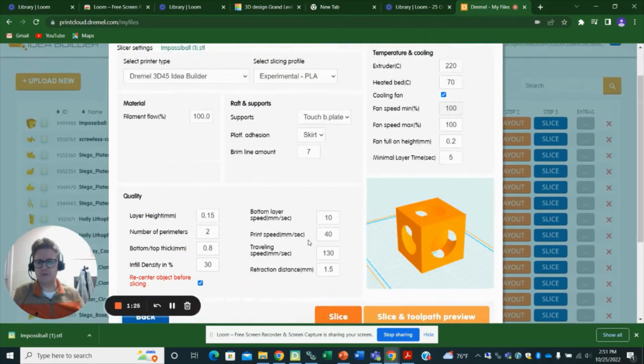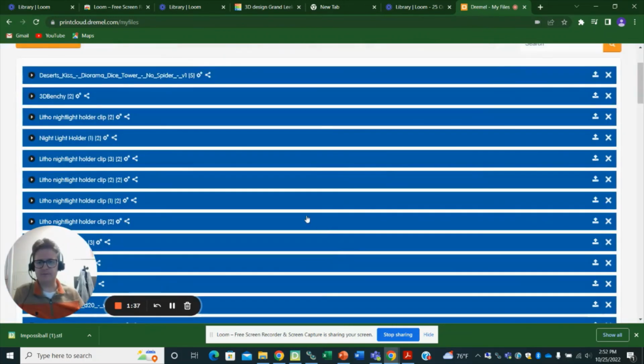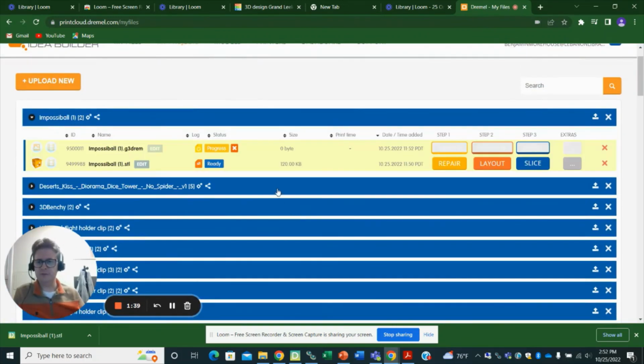This is where we can set other parameters such as how fast we print, or up here we can determine how hot it is. Don't worry about that. The big ones we want are our infill and our support. So I'm going to go ahead and press slice. It's going to begin generating it, and it will give us a preview over here. So if we press preview,